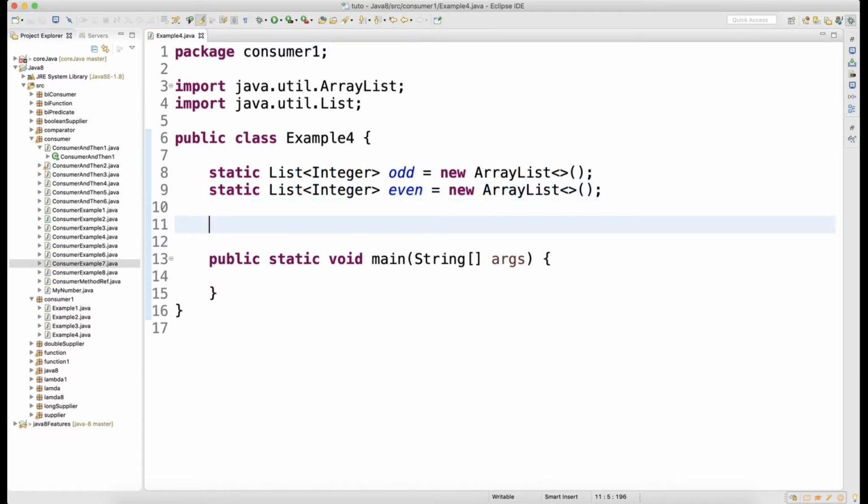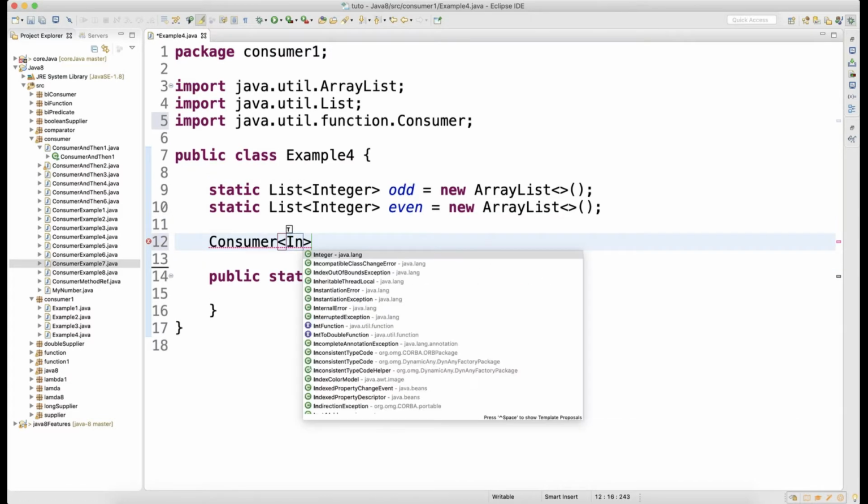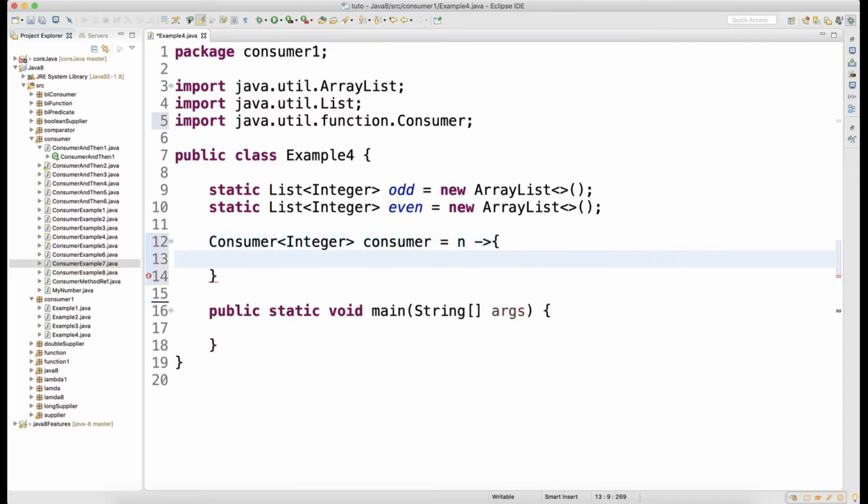My consumer should add my even records to the even list and odd records to the odd list. So how do I do that? I can write one consumer which will take an Integer as data, consumer is equal to number, and I can write a logic inside.